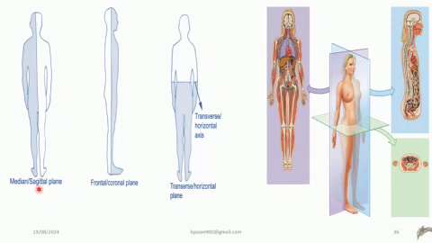Number one, we have the sagittal plane. The sagittal plane, as you can also see here in blue, is an imaginary line that divides the human body, or an organ, into the right and the left portions. You can see it here. It's going to divide the human body into this right half and the other left half on the opposite side. You can also see it here. It's going to divide the human body into the right half and the left half. This sagittal plane,